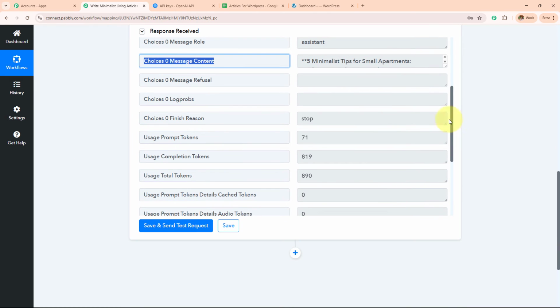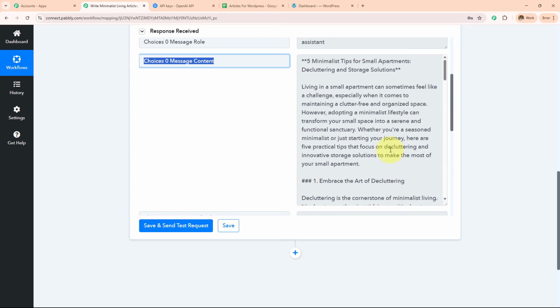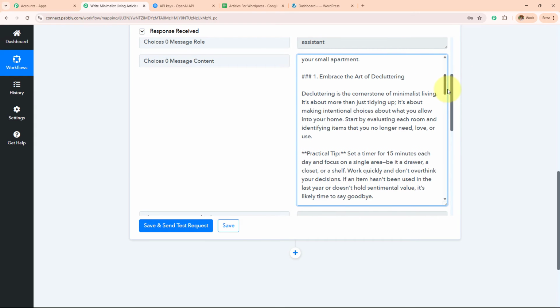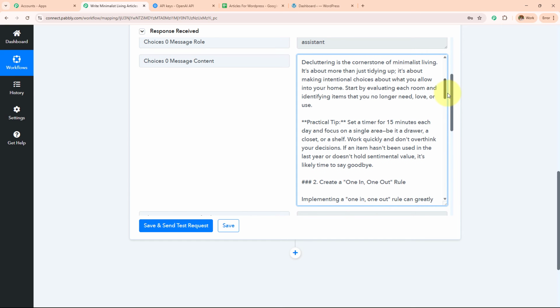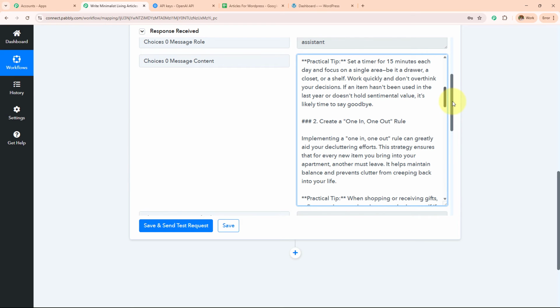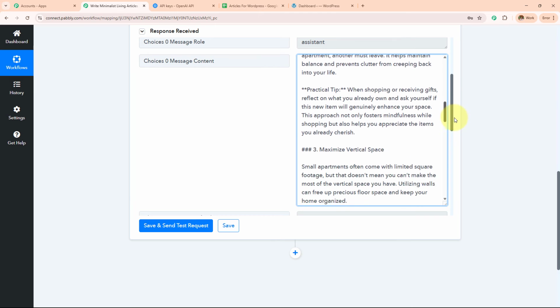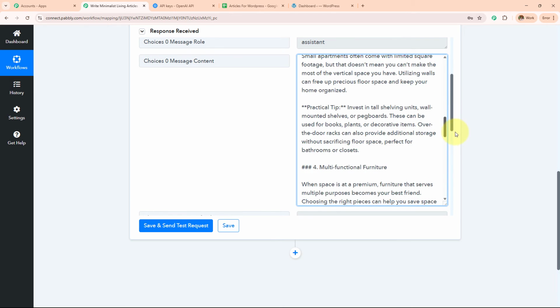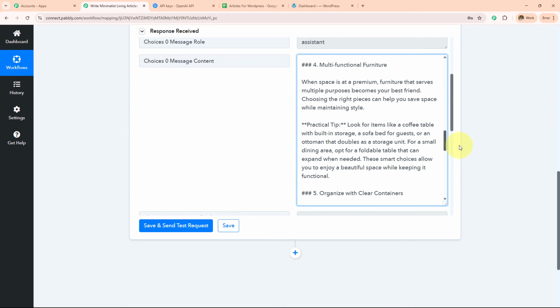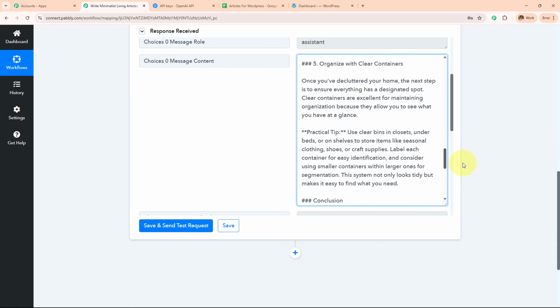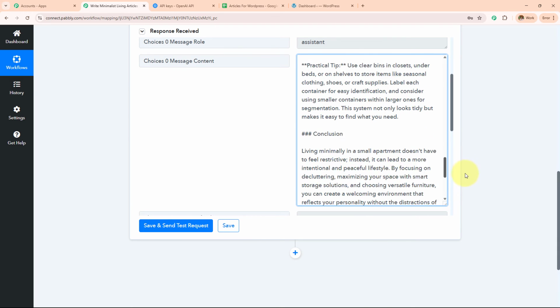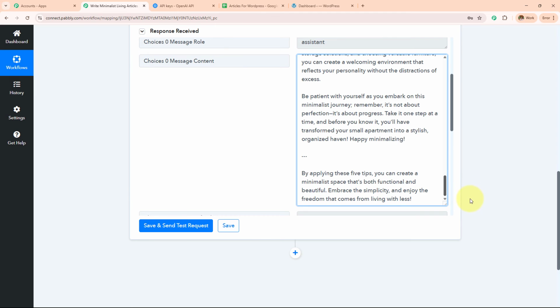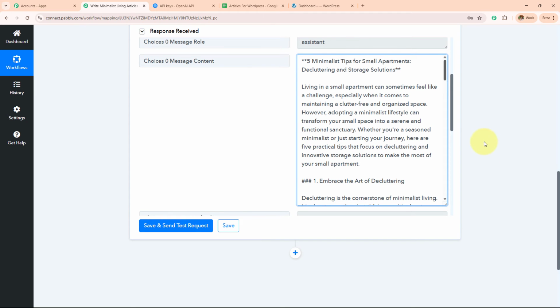In this message content, I have my article generated: 5 minimalist tips for small apartments, decluttering and storage solution. Then I have received the introduction. Then I have received some tips. Embrace the art of decluttering. Practical tip, create a 1 in 1 out rule. Practical tip, maximize vertical space. Practical tip, multifunctional furniture. Practical tip, organize with clear containers. Practical tip. And then I have received the conclusion, and this is a very wonderful article which I can post